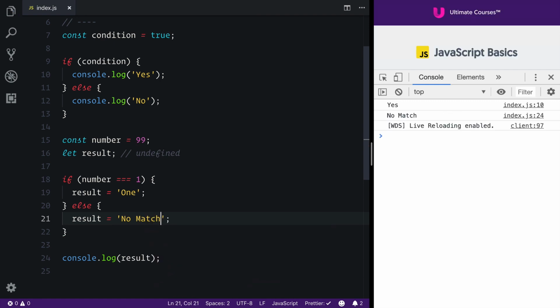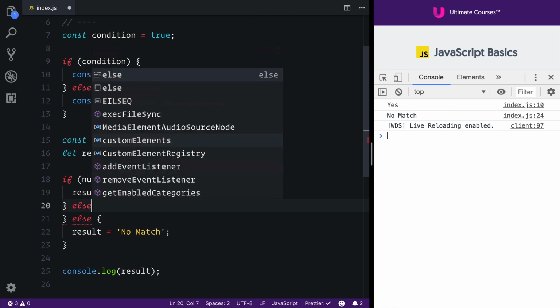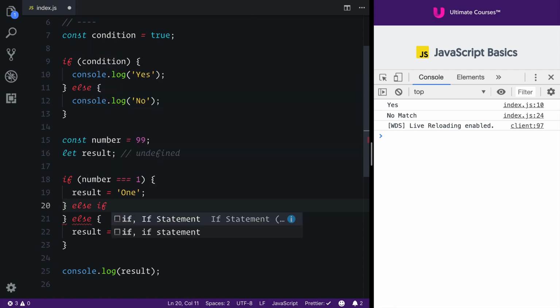Now, what we want to do is essentially create a chain so that we can check all these different types of numbers and then return the string representation. So what we can do for this is introduce the else if. And all we need to say is else and then a space. Some other languages like to join these or potentially do something like this, but in JavaScript, they are truly 2